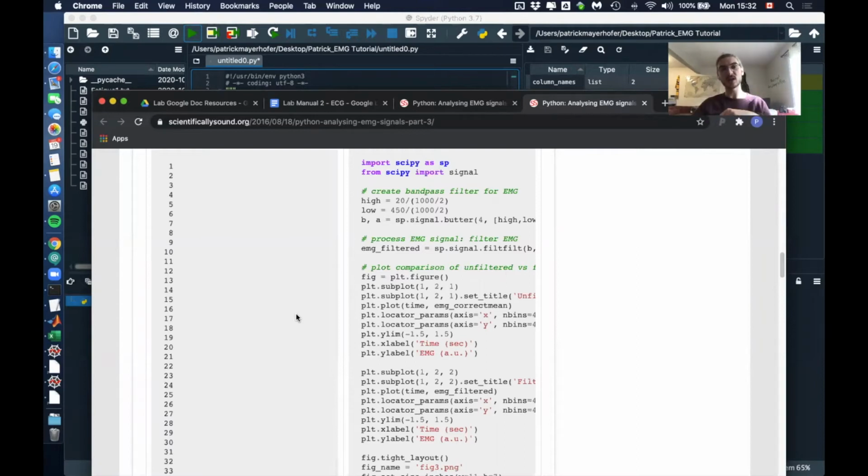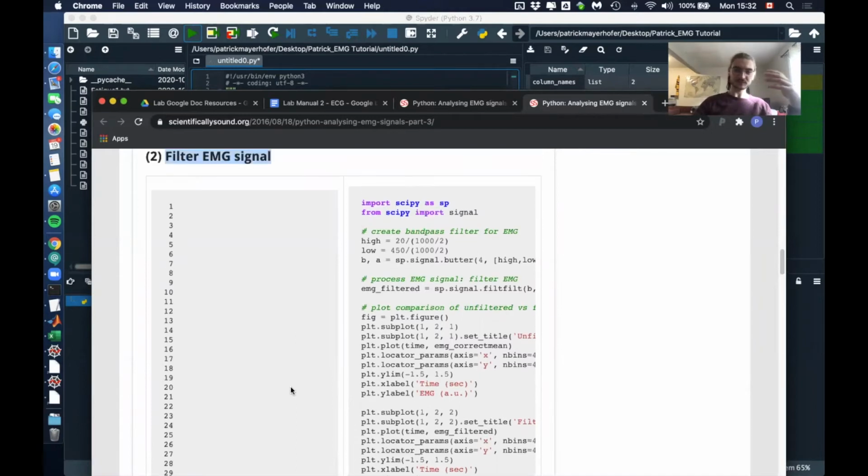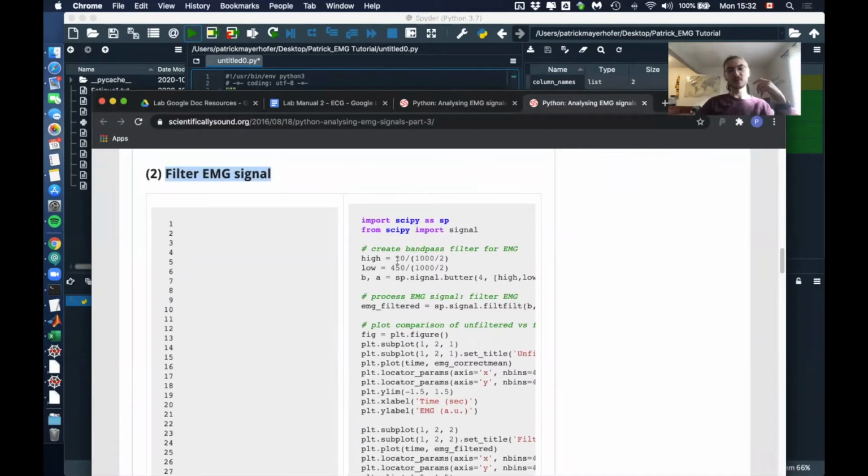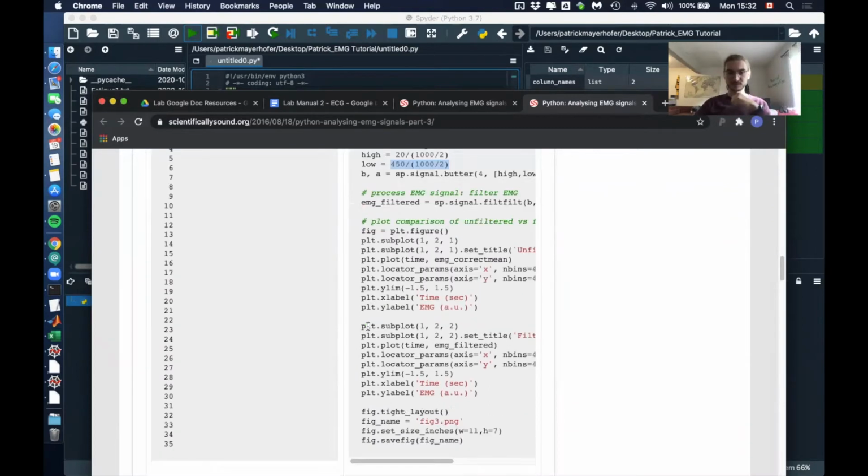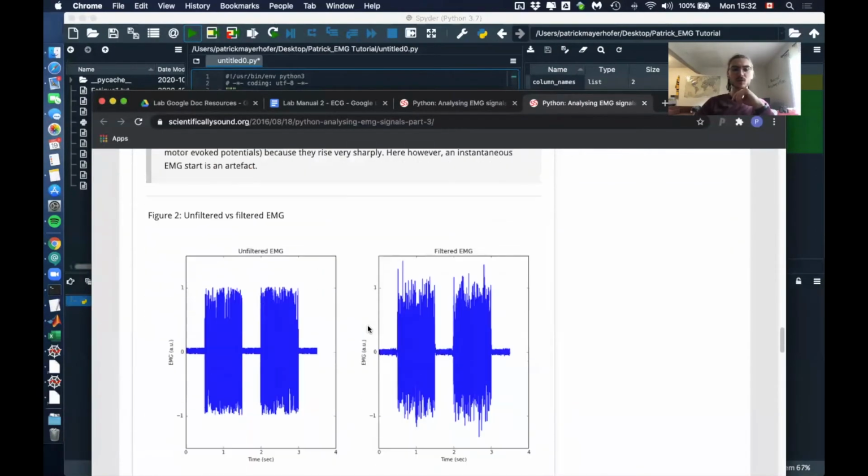And because we know that our muscles usually operate between 20 and 450 Hertz, we're gonna create a filter that filters out everything that is under 20 Hertz and everything above 450 Hertz. And then afterwards, we're gonna